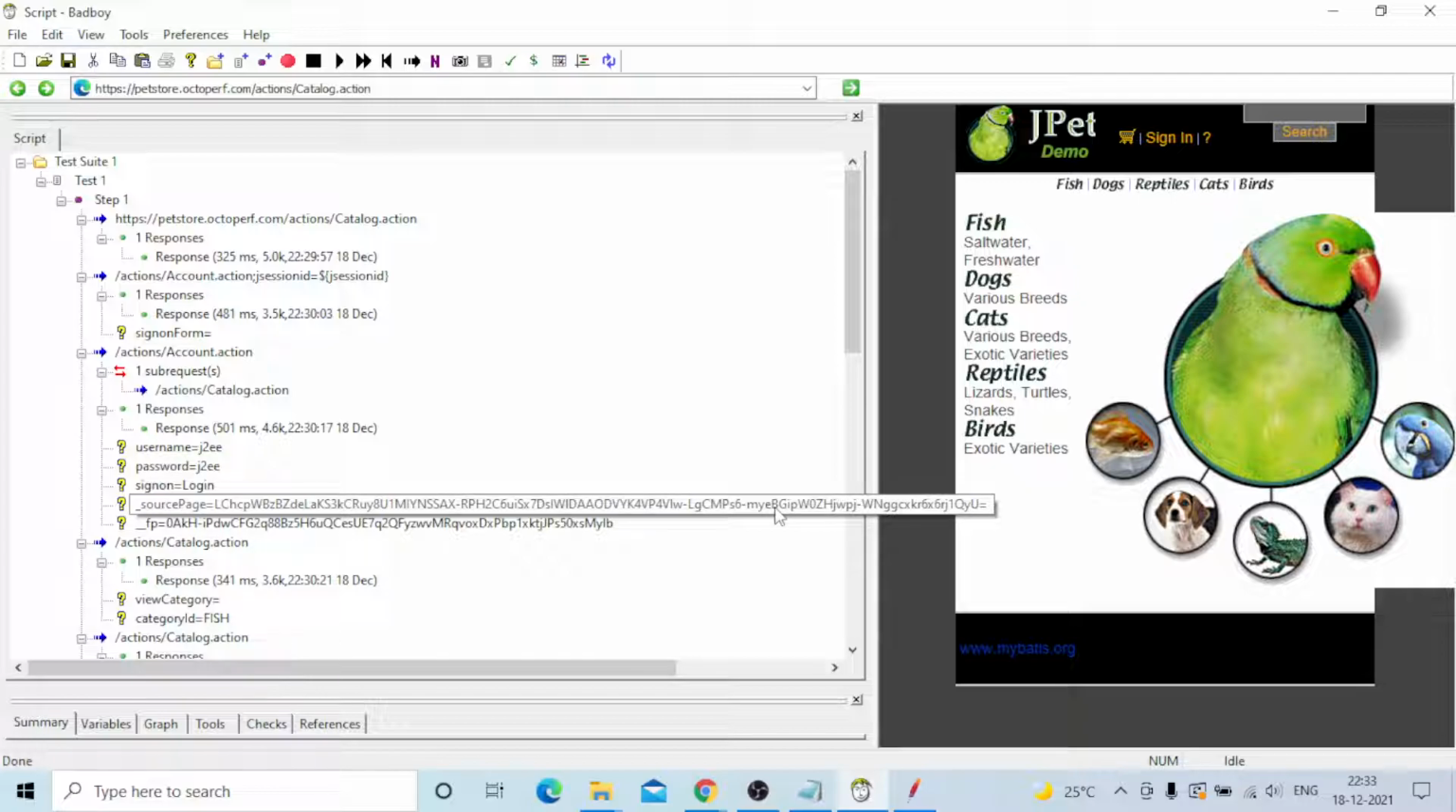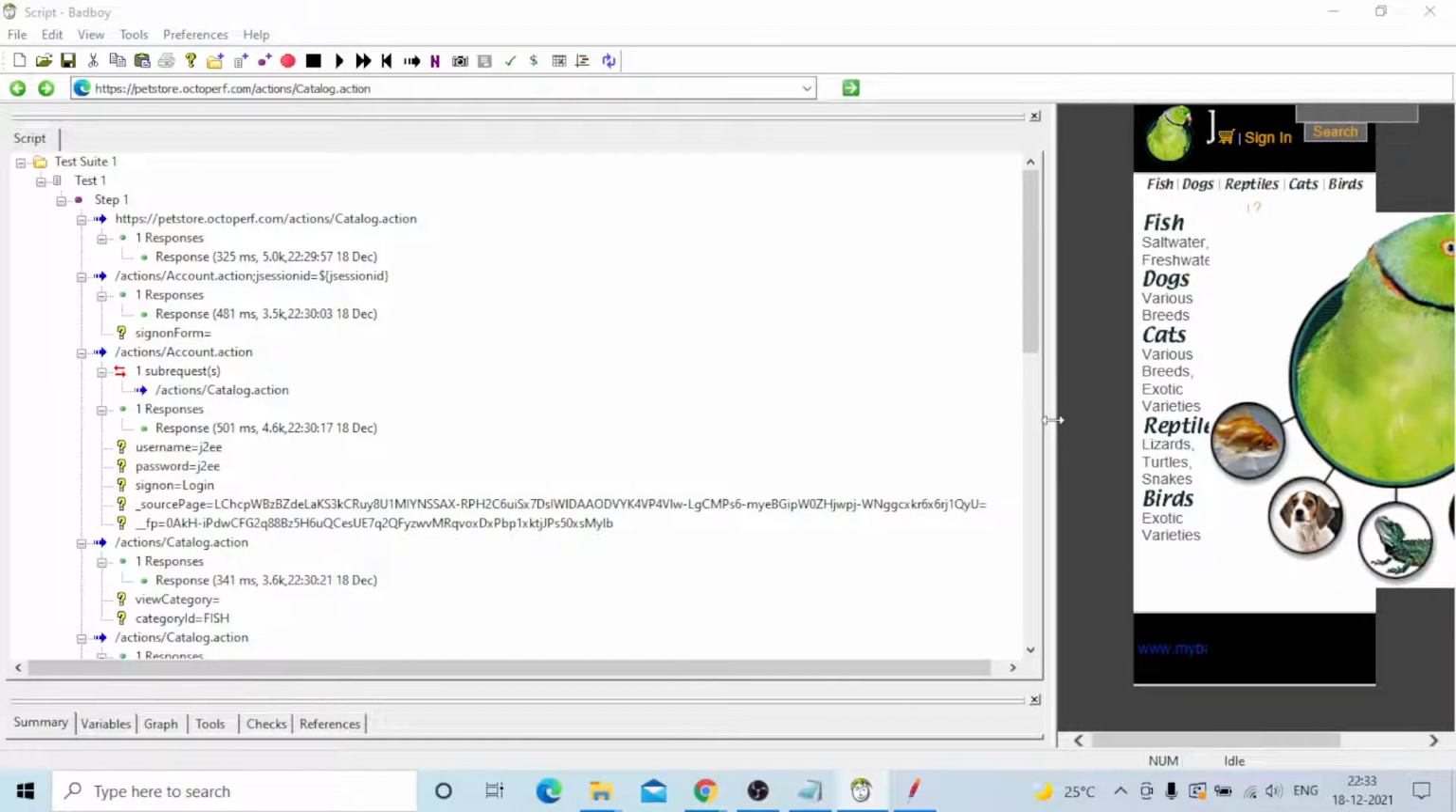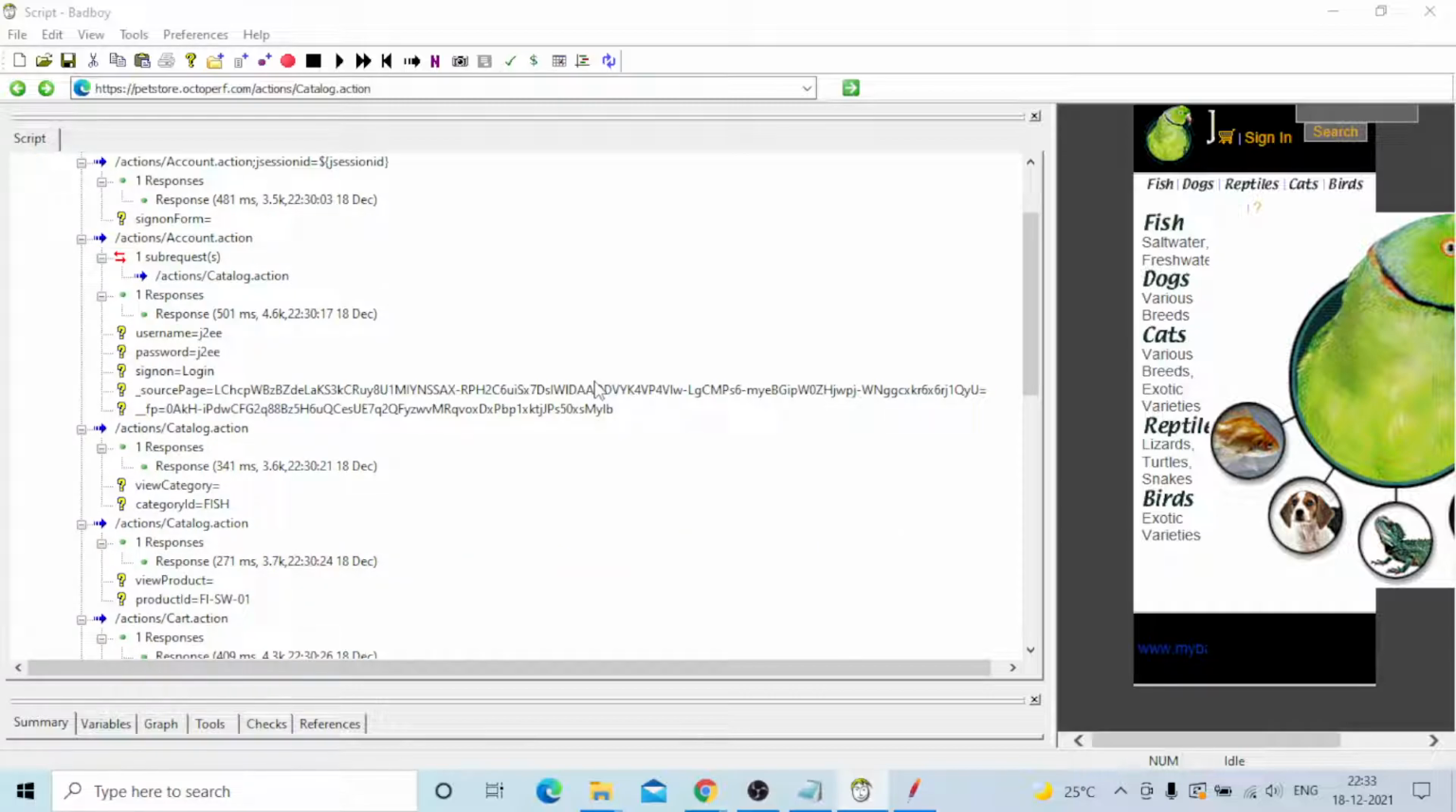Remember, you can see, just a minute. Okay, you will see source page is a dynamic value. Underscore FP is also a dynamic value. After the catalog section,